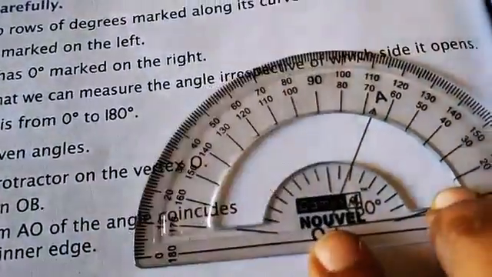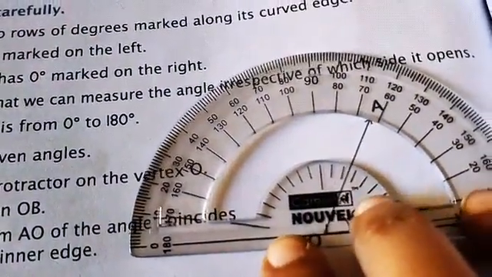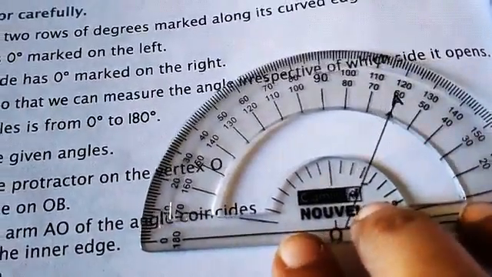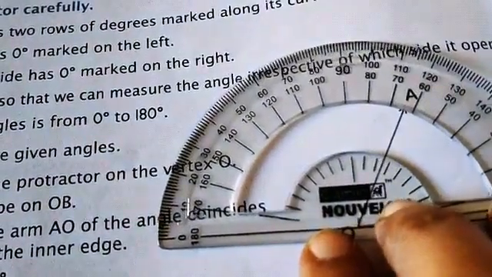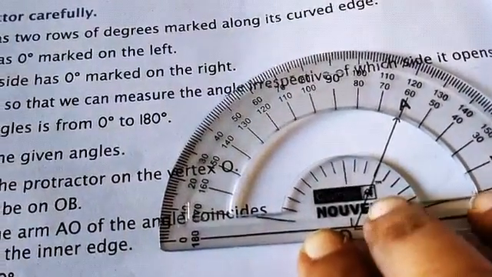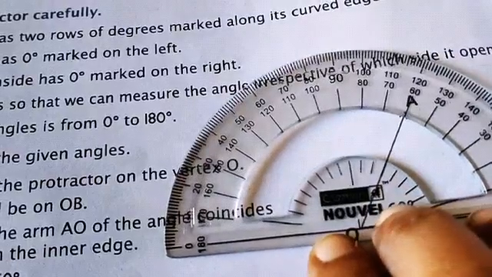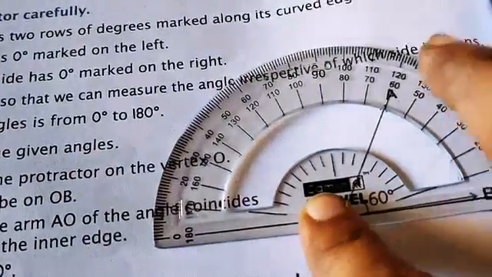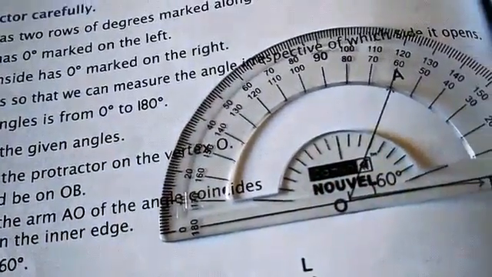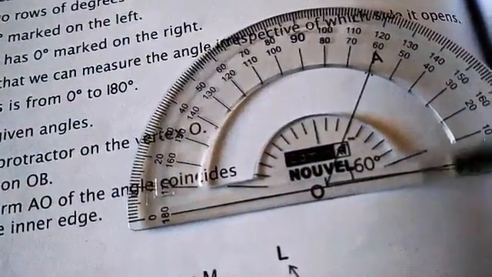Say I am putting it here. Right? After putting it, you can see it is an angle of 60. See here. Getting it? So this is your angle of 60. Here you can see. See, I am pointing with my ball pen.